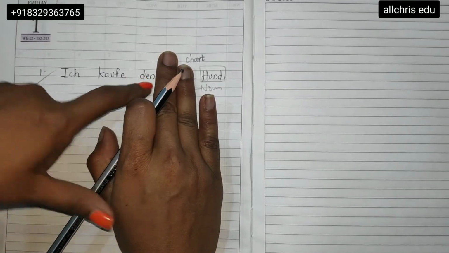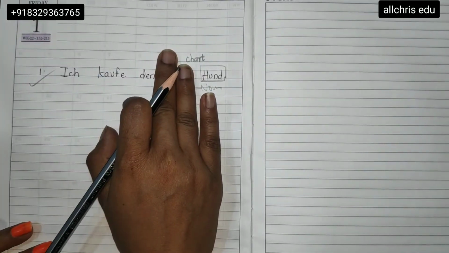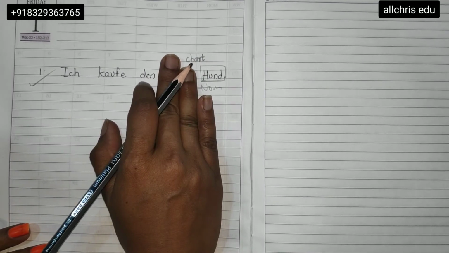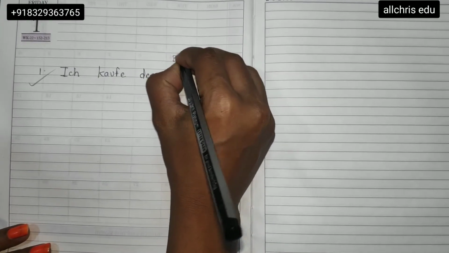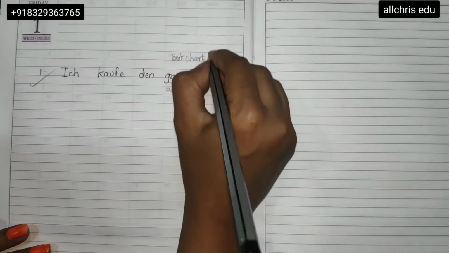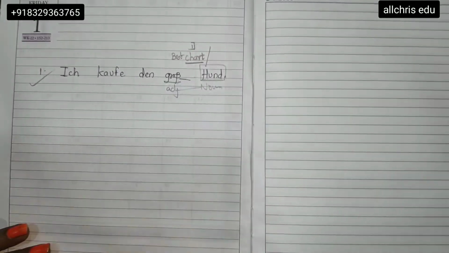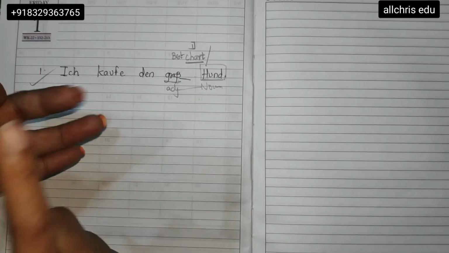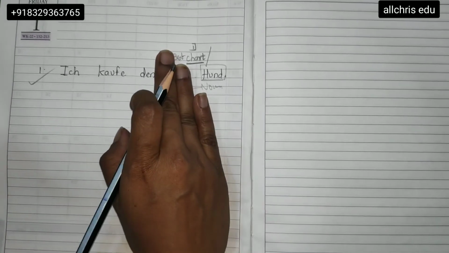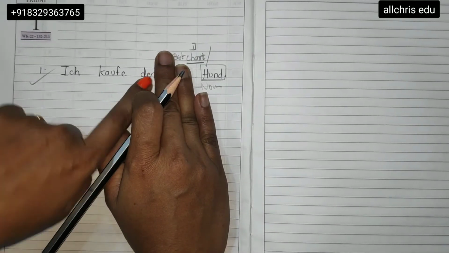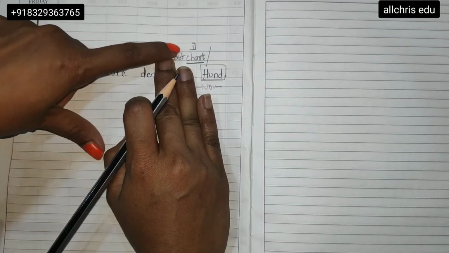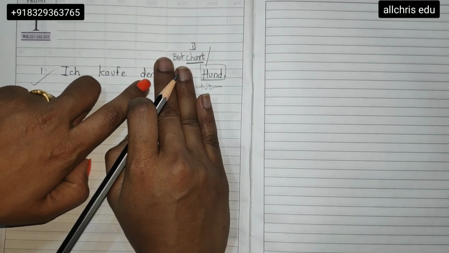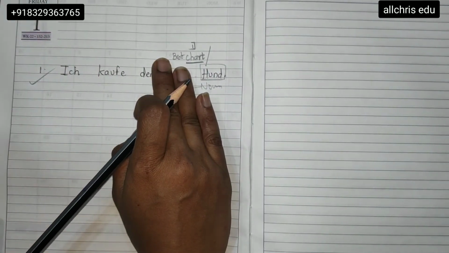So before an adjective, whichever article is there, that is the chart. If I hide the adjective before the noun, the article is bestimmt article. So I need to use your bestimmt article chart. The very first important rough work is you need to find out which chart you are using: bestimmt article, unbestimmt article or null article chart. And you will get that only if you hide the adjective and look at whichever article is before it. If den is there, use bestimmt article. If ein is there, use unbestimmt article chart. If no article is there before the adjective, use null article, meaning no article chart.